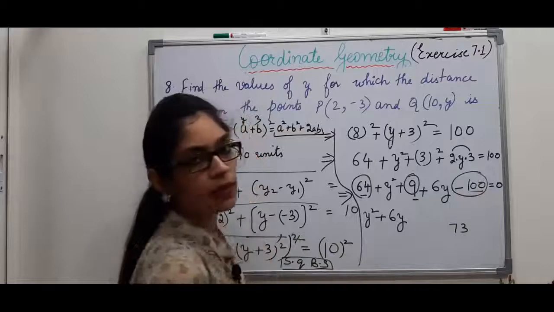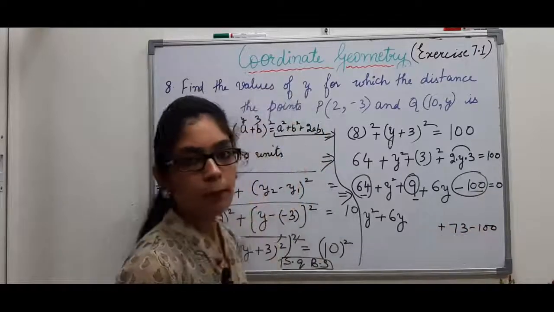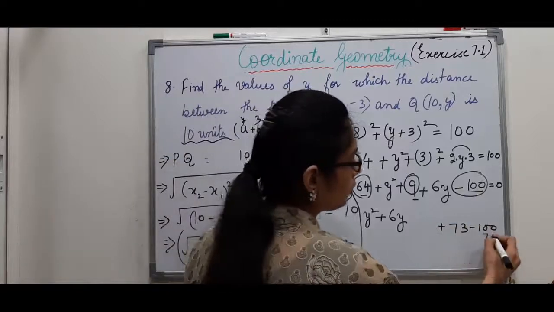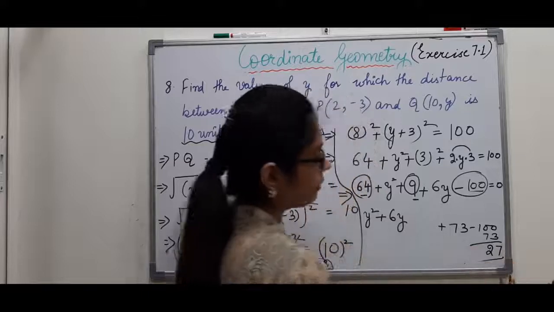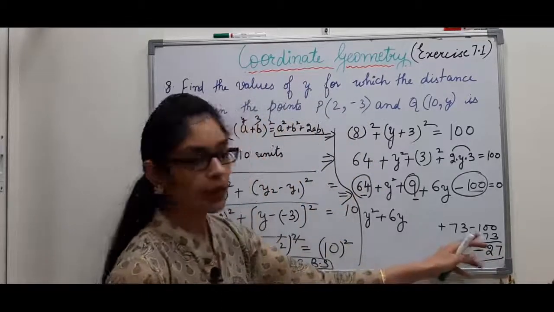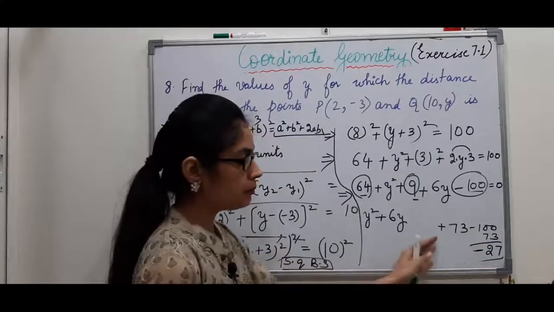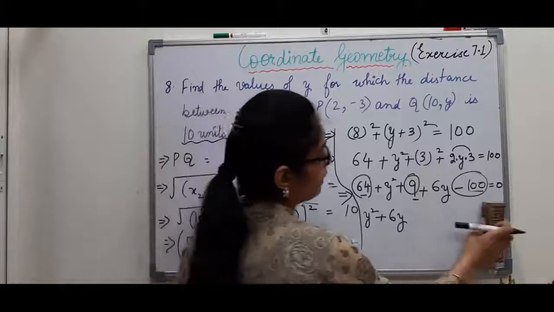So this is minus 100 plus 73 minus 100. So minus plus is minus, so we can subtract it. It will be 27 but with the minus sign, because I have to write the sign which is with the bigger number. Minus plus is minus but the sign which is with the bigger number. So it will be minus 27